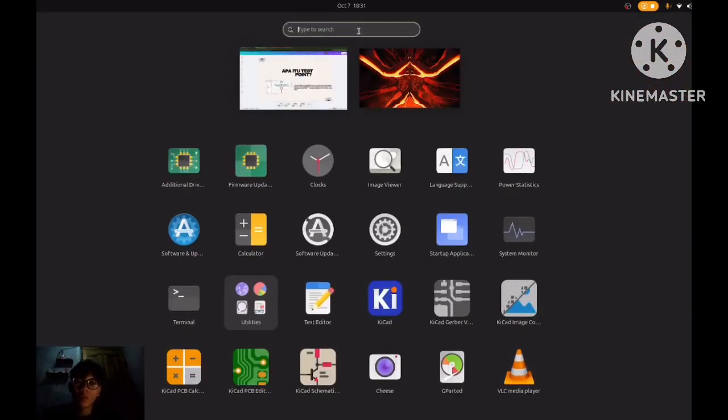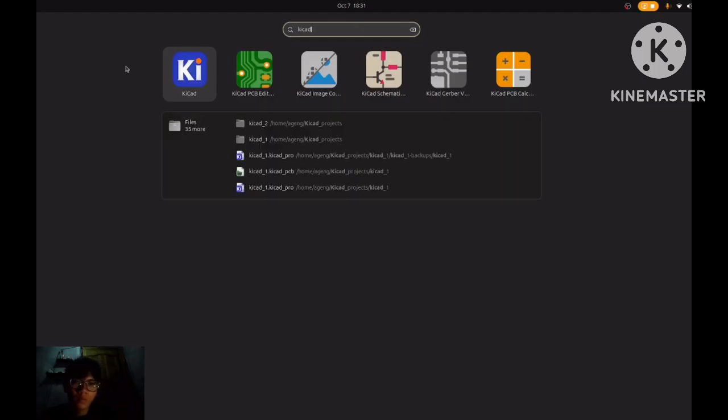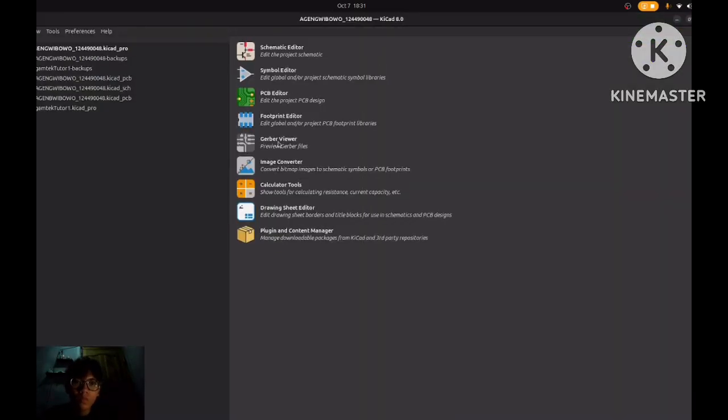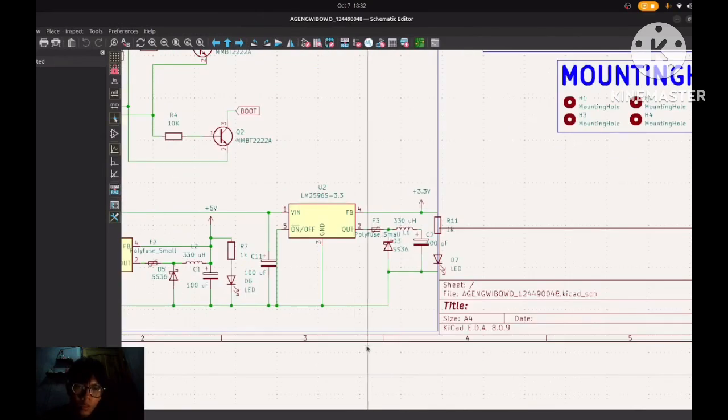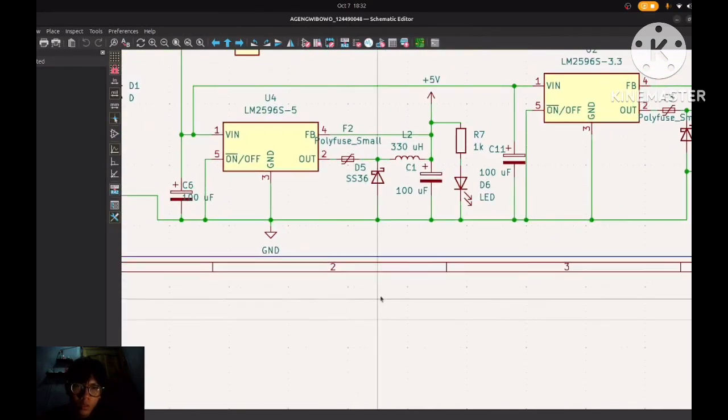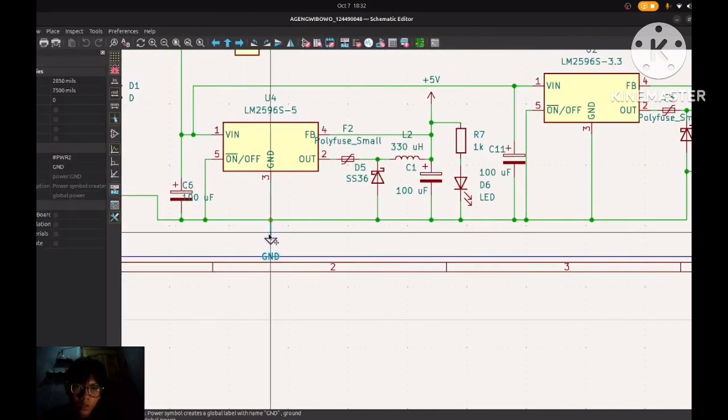Step 1, you open your KiCad, open your project, and if you haven't opened your project folder, click the schematic editor.